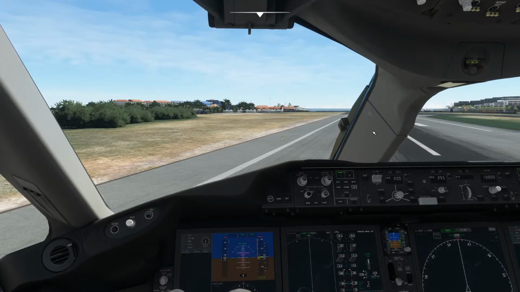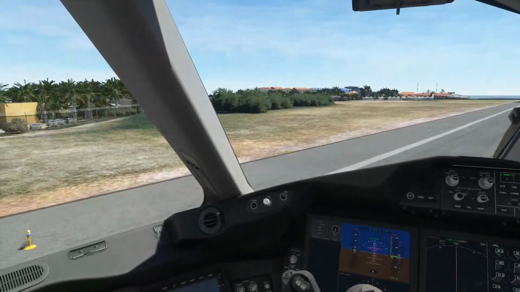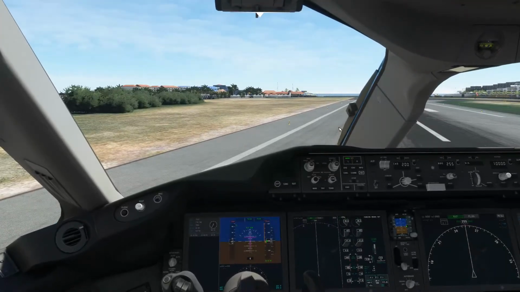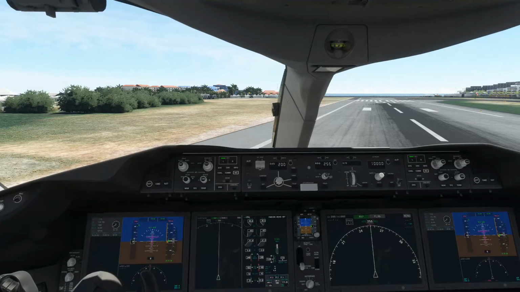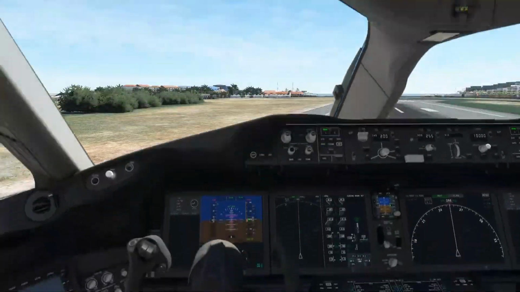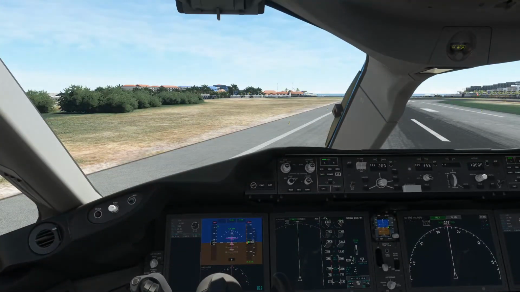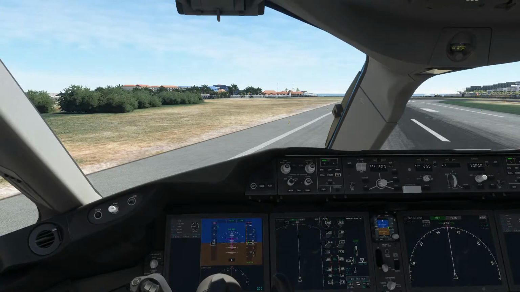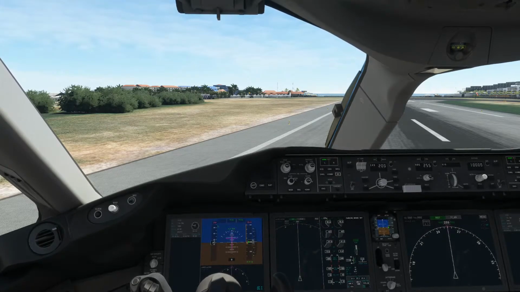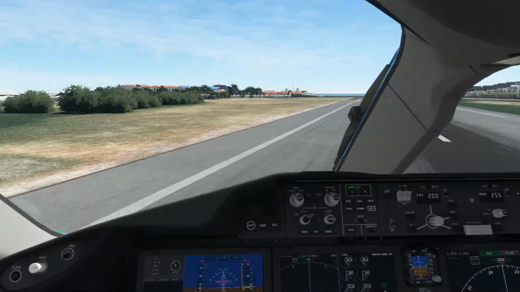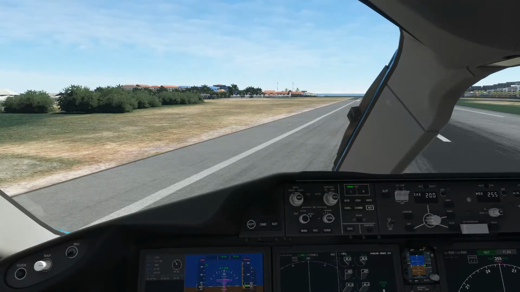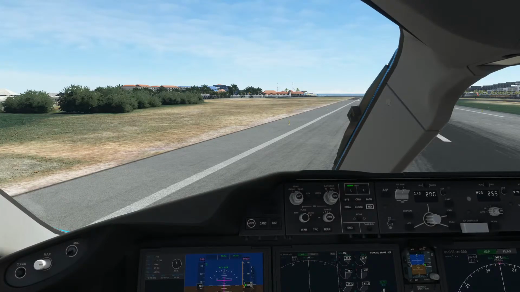Now, when you are in the cockpit camera, you can move freely using your mouse. You can move also using the keyboard arrows. So this is right, left, up, and down. And if you want to move forward, you have to map a button to translate camera forward. And I have a button on my joystick which allows me to move backward and forward for that movement